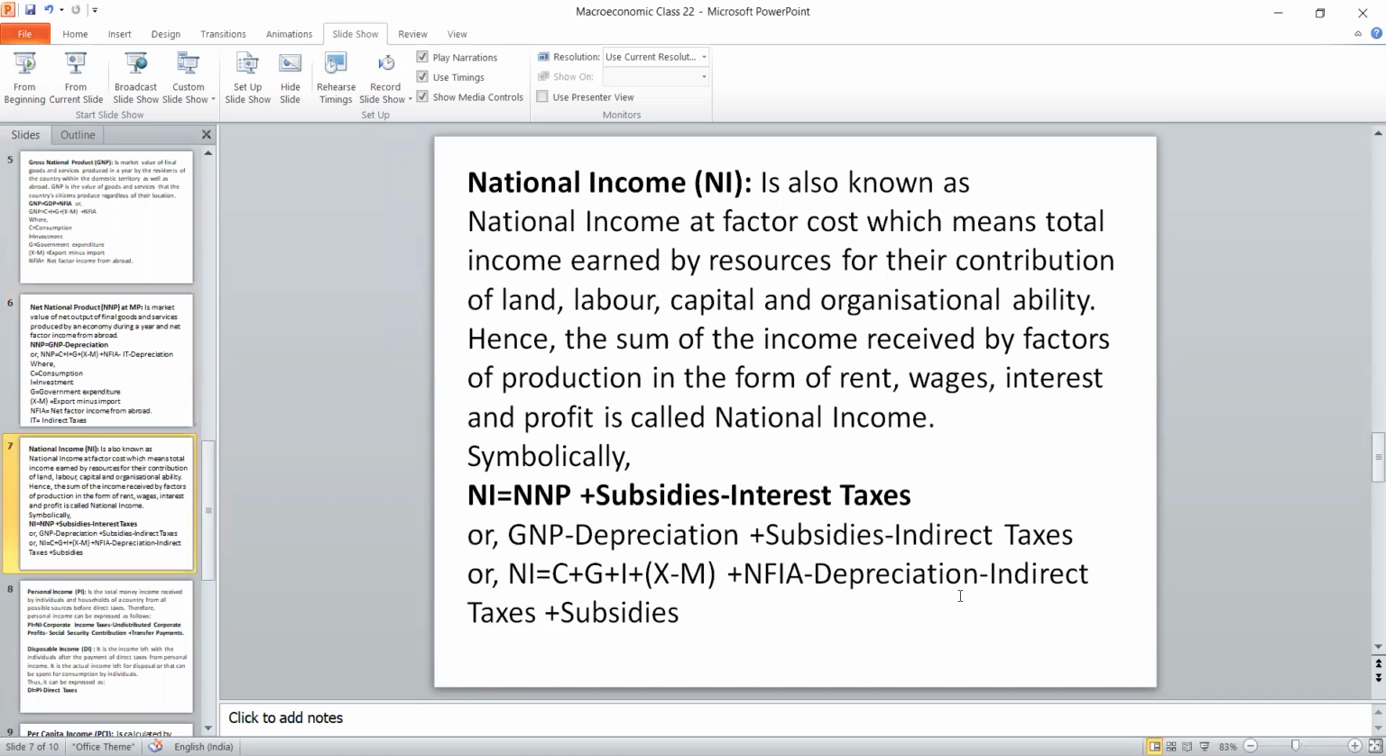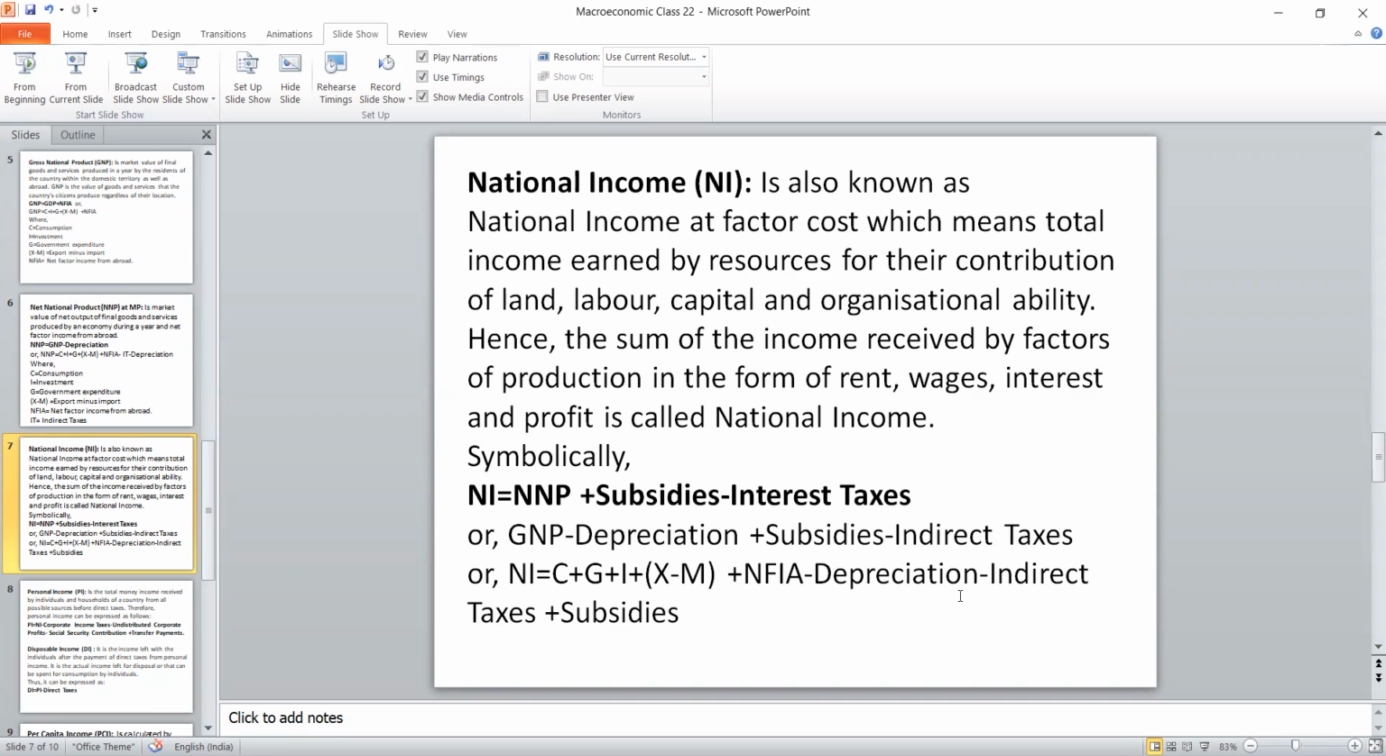Now the fourth factor is national income. It is also known as national income at factor cost, which means the total income earned by the resources from their contribution from four factors of production: land, labor, capital, and organization, with their ability. It means the sum of the income received by the factors of production from rent, wage, interest, and profit is called national income. So we are not only bothering about the factors of production, but also the remuneration out of the factors of production. That is why the formula goes like this: national income is equal to NNP plus subsidies minus